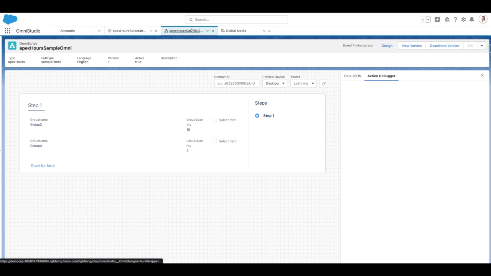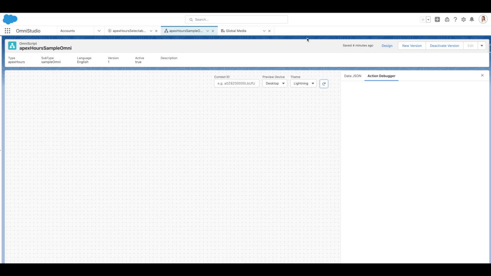Right, our FlexCard is activated. We can go back to the Omni script and just refresh the designer view,